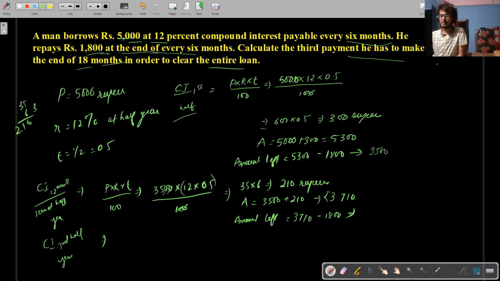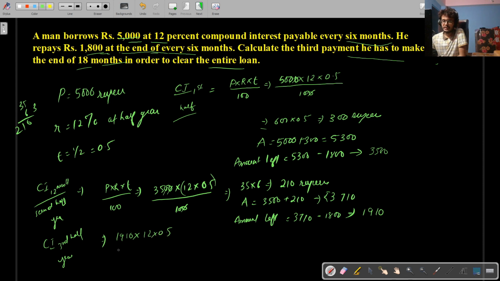Calculate the value and tell me. 1,910. 1,900 plus 1,800 is 3,700, yes, okay, 1,910. So the CI for the third half year will be principal 1,910 into rate 12 into